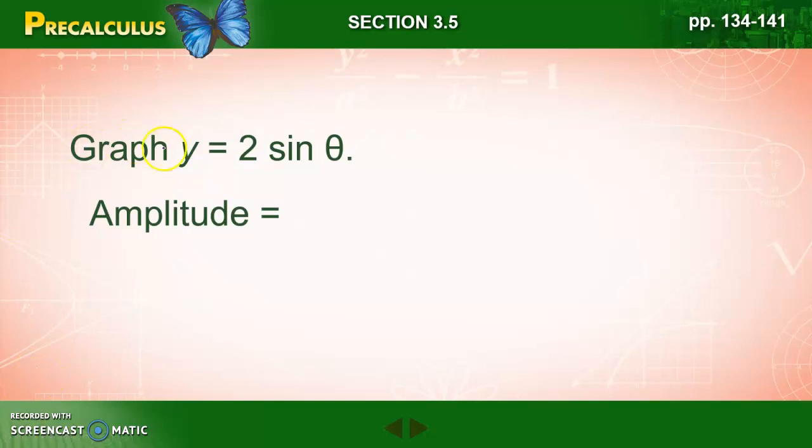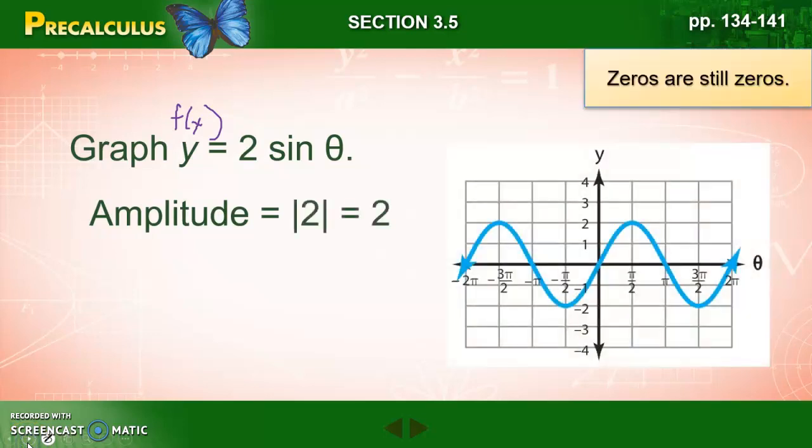If we were to graph f of x, or y, equals 2 sine theta, this is just like our regular sine theta function that we've already graphed, but our amplitude now is going to be 2. So instead of going up to 1 at pi over 2, we're going to go all the way up to 2 at pi over 2. Our zeros are